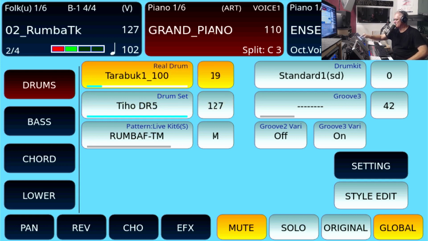Or I can choose this pattern. Very, very powerful and very interesting. So now I have that option. So what I can do,